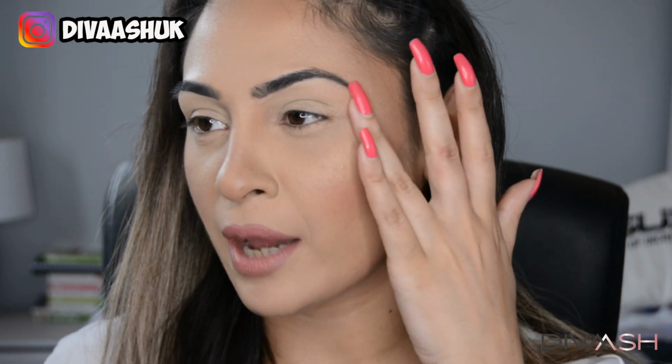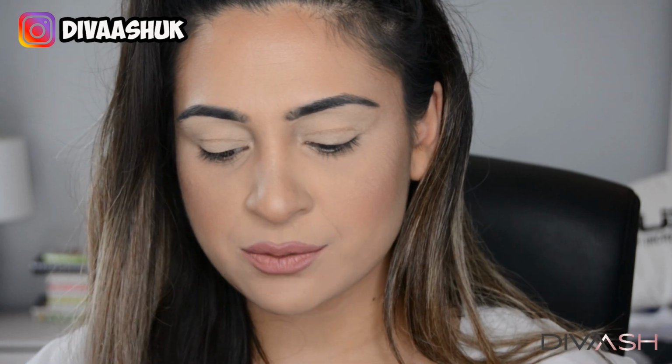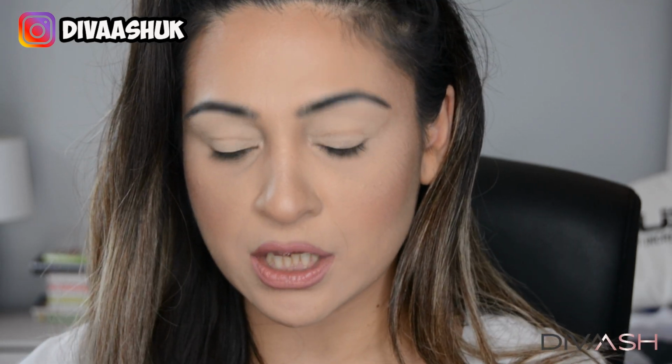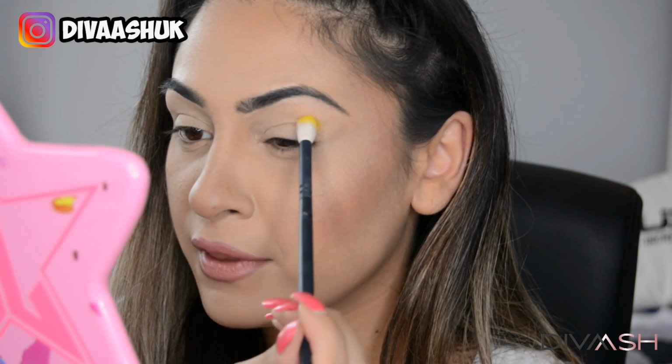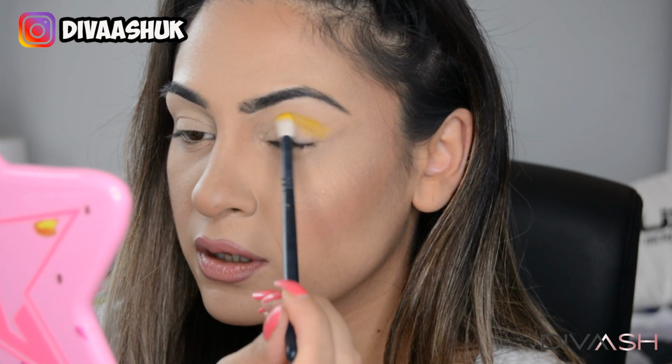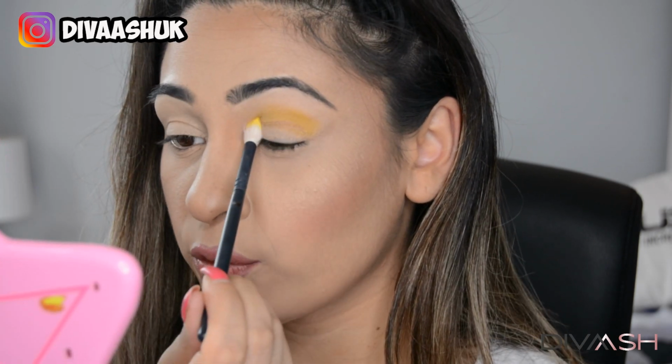That's just life. I'm 34 years old, so I am going to have creases, and that's natural and that's fine, and I'm happy with that. So I'm going in with a Zoeva 228 Luxe crease brush, and I'm going in with the Color Wow, which is the yellow color, and I am going to dab that into my crease. Look at that payoff, it's so beautiful. Taking that all the way in,